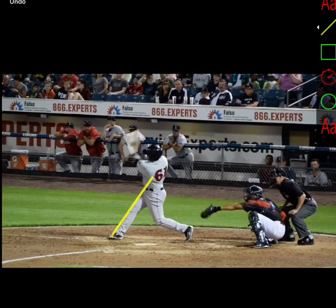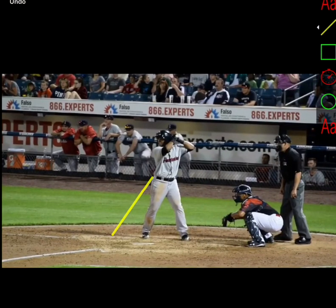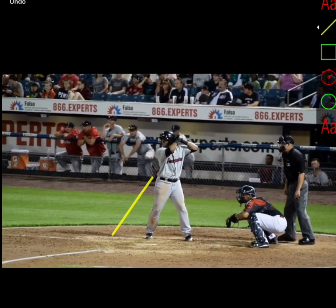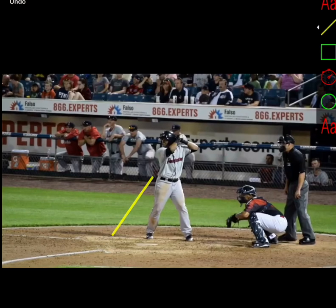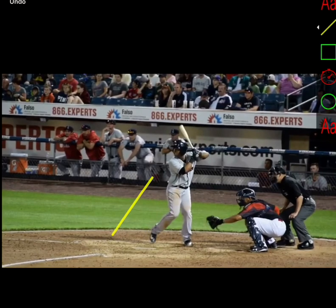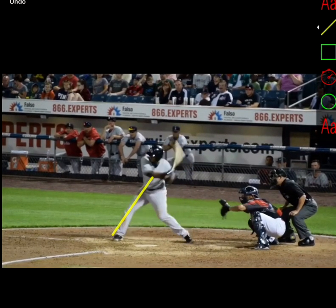Really awesome stuff. So hopefully, well, maybe not hopefully because I'm a Yankees fan, but it looks like the Sox have probably found their third baseman for a long time. Hopefully when they're against the Yankees, he doesn't do quite as well, but definitely a cool swing to watch, and you can just see how much of the athleticism that he had in high school is still here in his